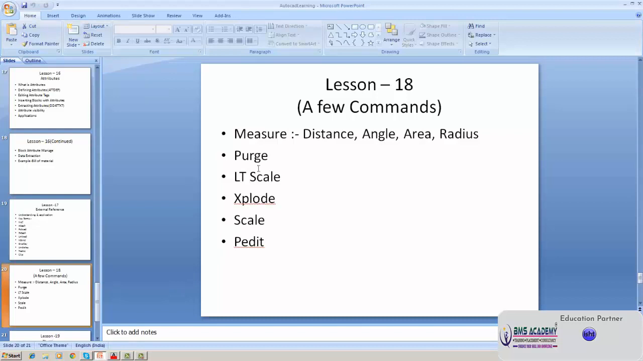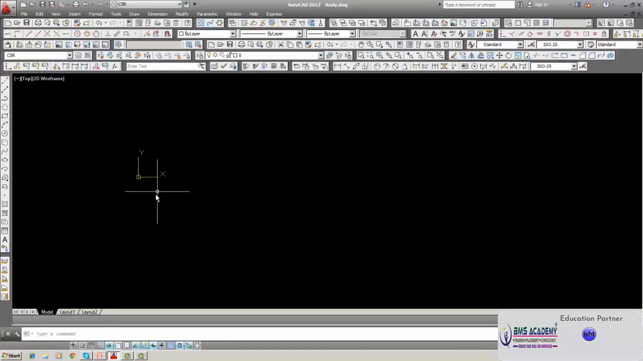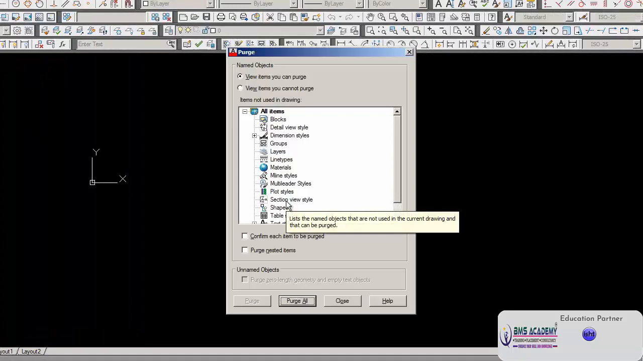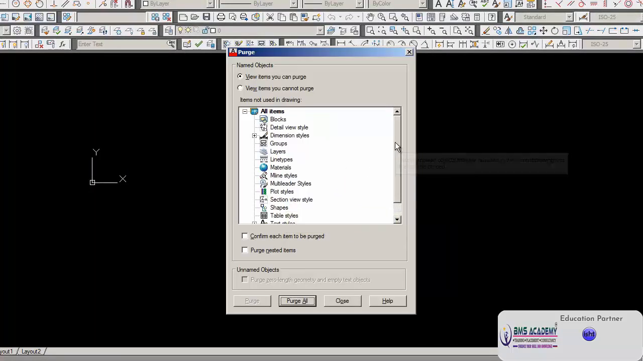Now we have studied about distance, angle, area, radius to measure, and p-edit also we have studied. Now we have to study purge, LT scale, explode, and scale. So the p-edit command we have studied. Now we have to learn about purge. So purge, you can type it normally like this. It will display your purge screen. Here it shows various objects and